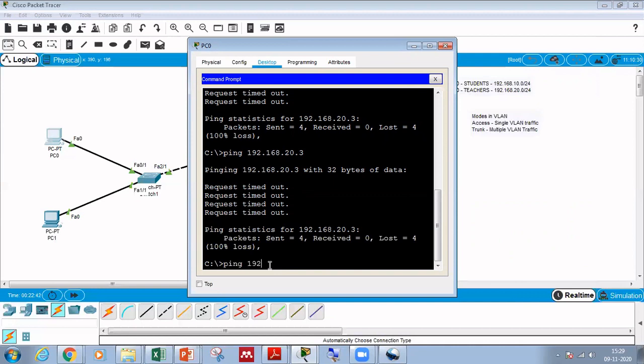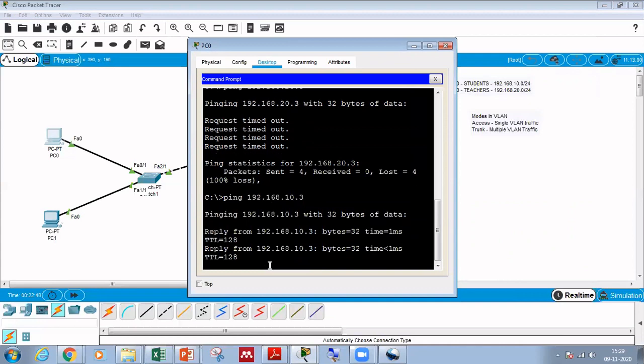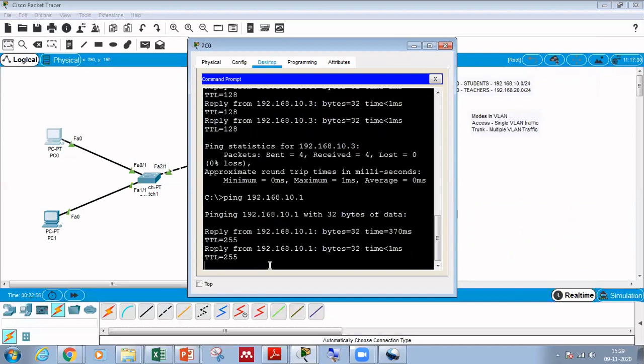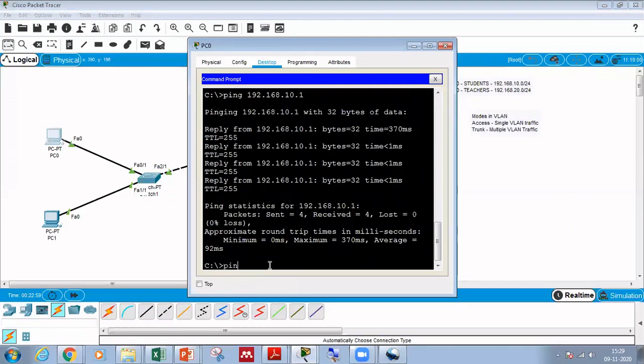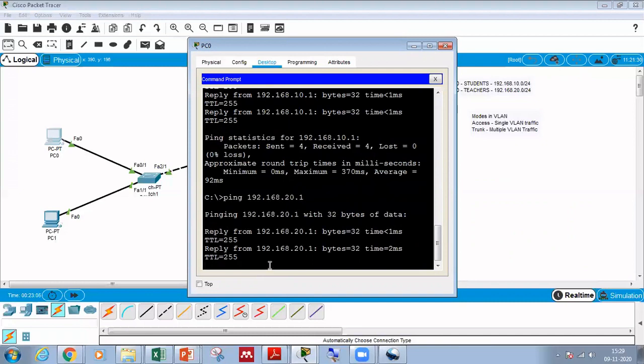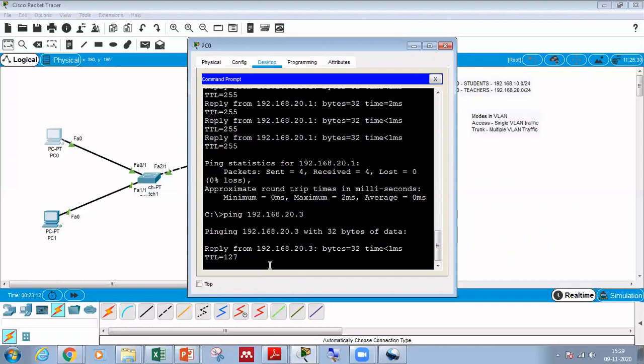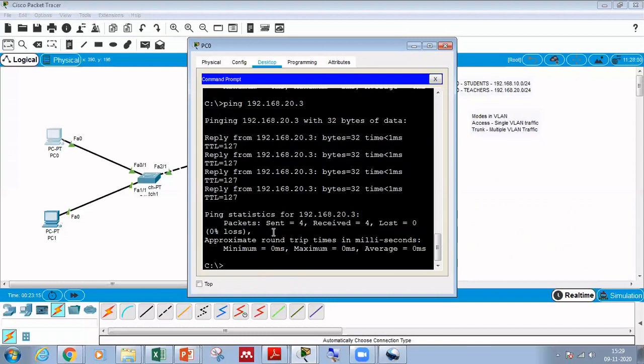Ping 192.168.10.3 was successful. We were able to get the reply. Ping 192.168.10.1: yes, we were able to ping the default gateway. Ping 192.168.20.1: yes, we got the reply. Again ping 192.168.20.3: yes. So data transfer between 10 and 10 is successful, and the data transfer between 10 and 20 is also successful.